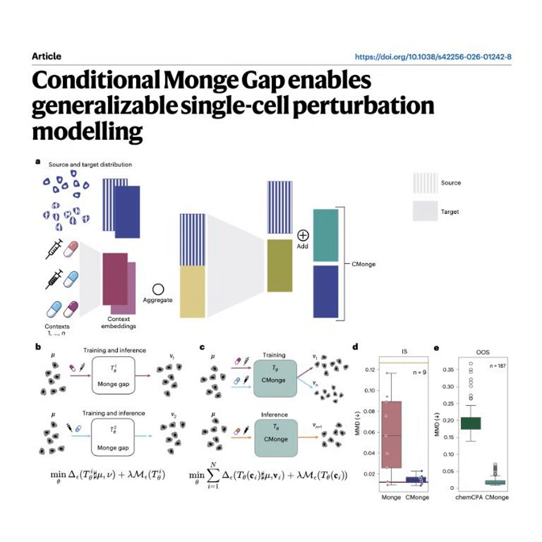So did CMonge know that? It did. When they ran a pathway-level analysis on the gene expression predicted by CMonge for this unseen drug, the top enriched pathways perfectly mirrored the ground truth biology. It correctly predicted the alteration of MAPK signaling and the downstream transcriptional regulation. So it didn't just guess right on the math? No, the AI didn't just get the math right. It successfully simulated the exact, well-established biological target of the drug.